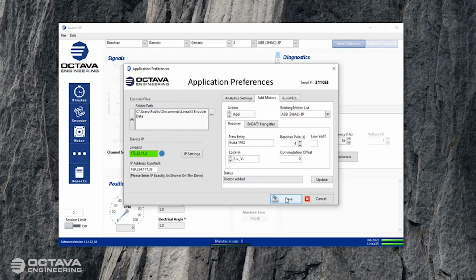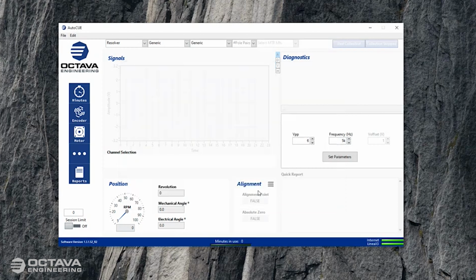And save. So now, if you just want to check real quick that it went through, again, we don't care about the pairs yet. You can see my KUKA 1FK2 is now in the drop-down list, but we are still not quite finished. So I'm going to go back to our motor and lock-in screen